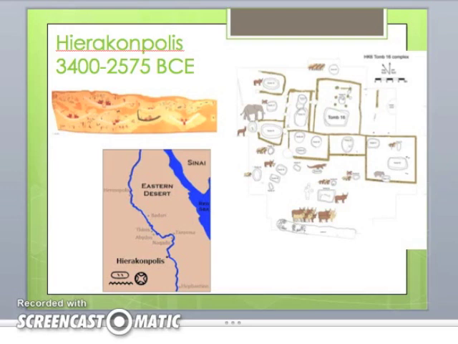And there's also some evidence of copper, oils and wines, and things like that, all found in the tombs here. Hierakonpolis is also a really neat site because here we have evidence of a lot of animals being mummified. So you're probably already familiar with the concept of mummification in Egyptian religion. And in fact, this site is really interesting because they mummified crocodiles, birds, goats, cats, even some baby elephants.